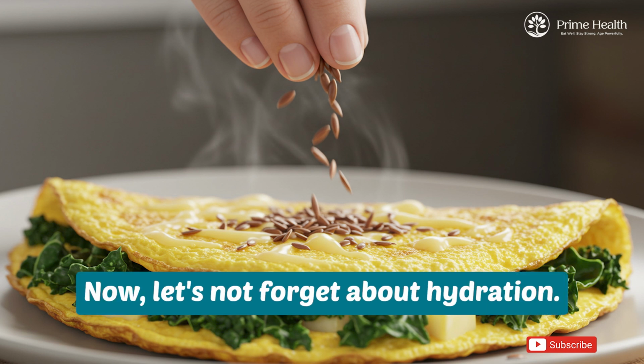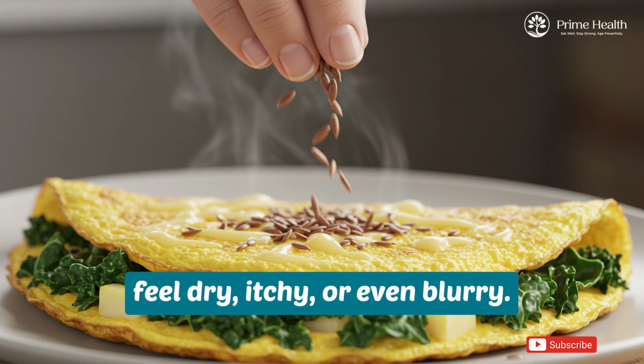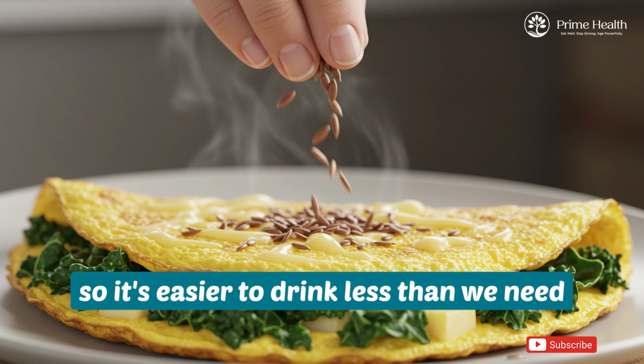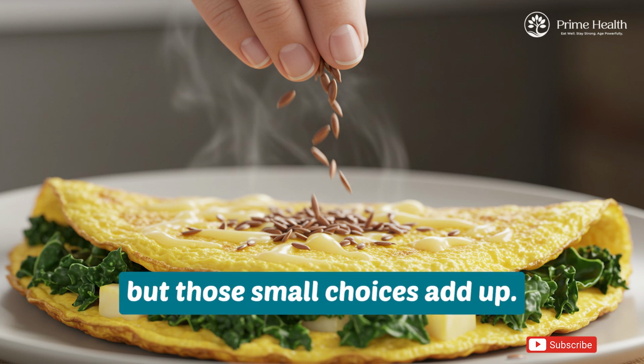Now, let's not forget about hydration. It may not sound exciting, but it's essential. Dehydration can make your eyes feel dry, itchy, or even blurry. As we age, our thirst signals get a bit quieter, so it's easier to drink less than we need. A glass of water with every meal and a few sips between activities might sound small, but those small choices